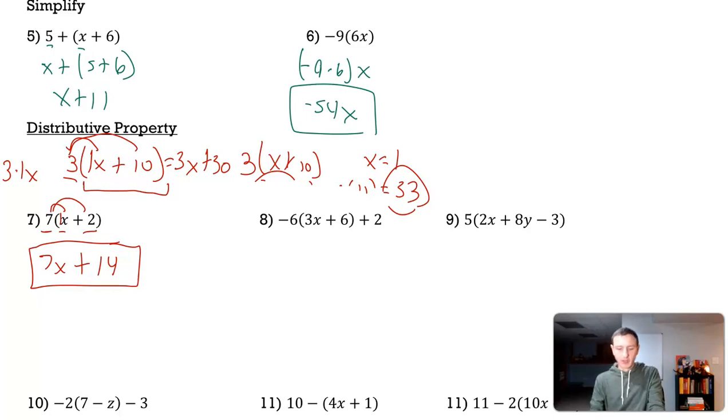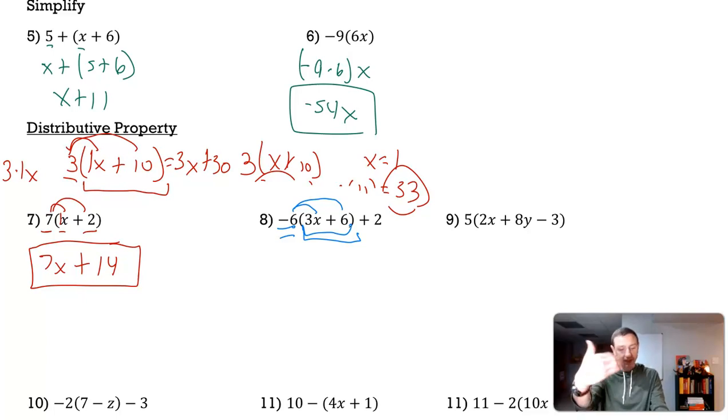Next one. We have negative 6 times 3x plus 6, and then we have that plus 2. So we have negative 6 times 3x plus 6 plus 2. So I'm distributing negative 6 to the 3x, negative 6 times 6. Am I going all the way to the 2, though? No, I'm not. I am not multiplying negative 6 times 2 because it's just negative 6 times this whole term